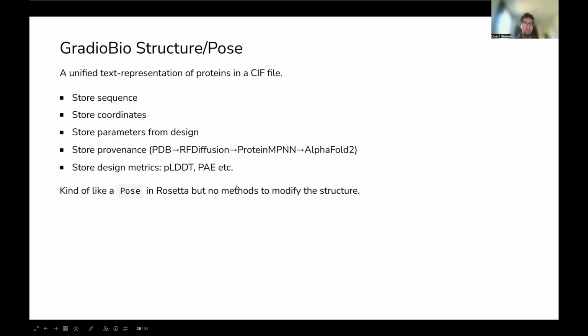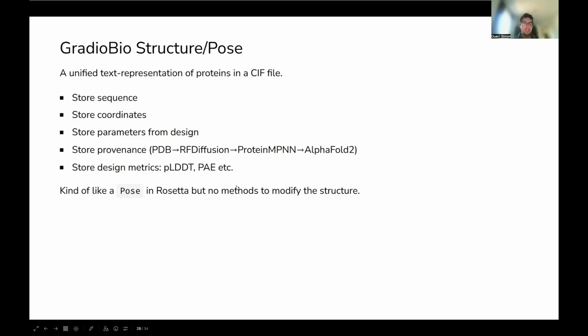It's the CIF file format, which I think many people don't like, but it has quite a lot of features because it's dictionary based. You can pretty much store any kind of information in it. In this framework, there's a little wrapper you can use to easily store different information in these CIF files, like sequence and coordinates, but also the design parameters or the pipeline that you used to generate a specific structure.